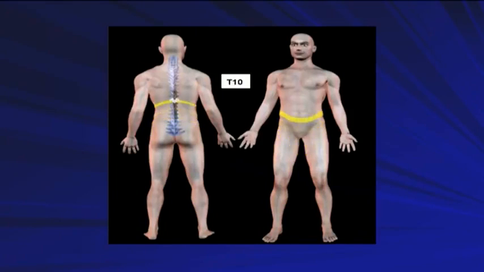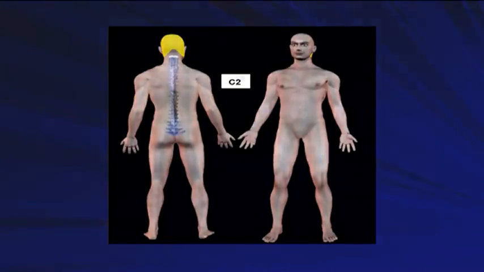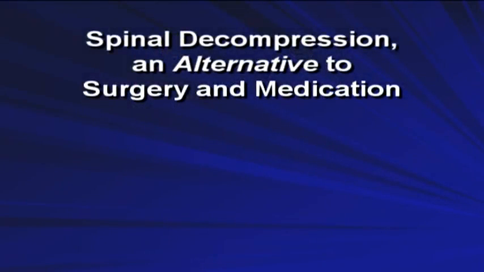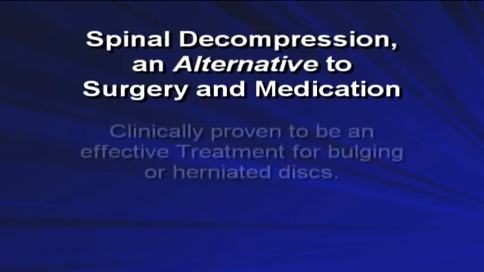A bulging disc in the lower cervical area may cause numbness throughout the arms, hands, and fingers. And finally, a bulging disc in the upper cervical area of your spine may cause numbness and tingling in the neck and head area. Now there's an alternative for disc degeneration, without surgery or medications, that's been proven effective during